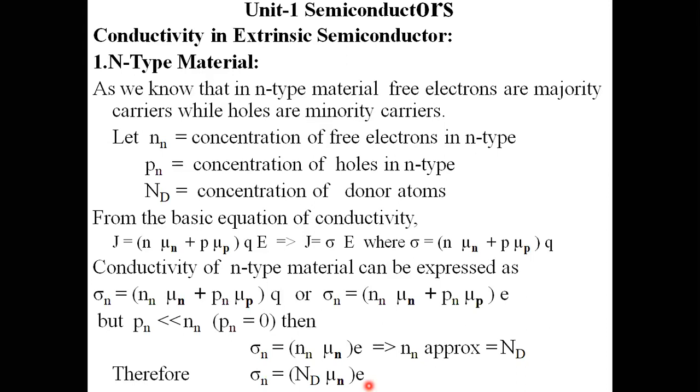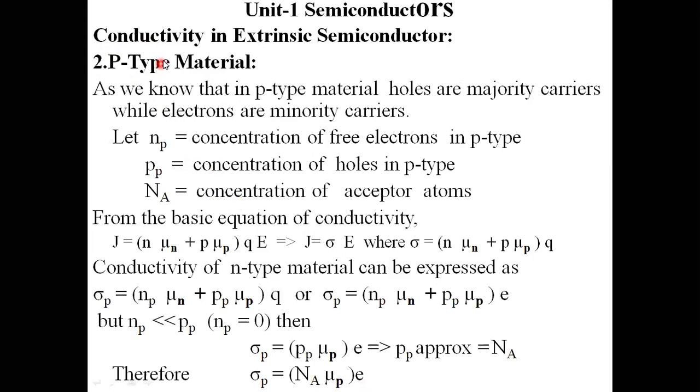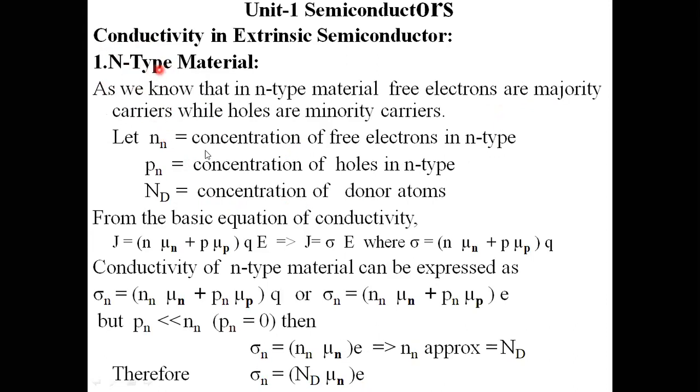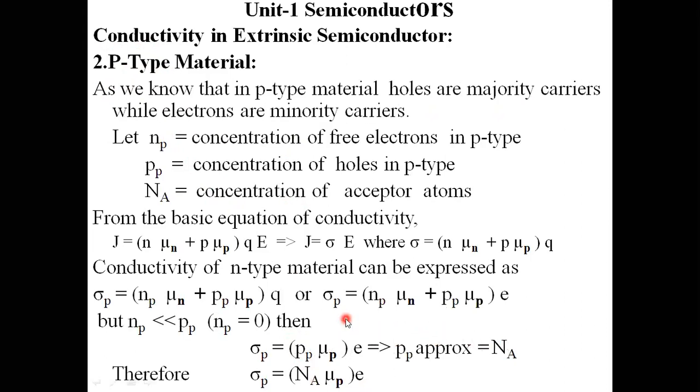The concentration is very high in n-type semiconductor material. The concentration being very high means electrons, whereas in p-type semiconductor material the concentration of holes is very high; the majority charge carriers are holes. That is, here in n-type semiconductor material the main concentration is Nn. Concentration of electrons is Nn, that is majority charge carriers, mainly because of donor atoms, whereas here majority charge carriers are holes, mainly because of acceptor atoms or impurities. These are the basic differences. In this way we need to derive the conductivity equation in both p-type and n-type.